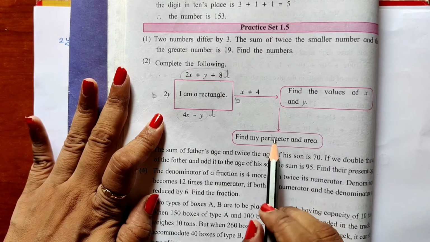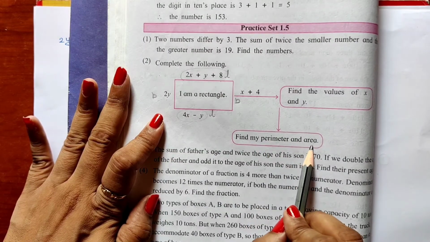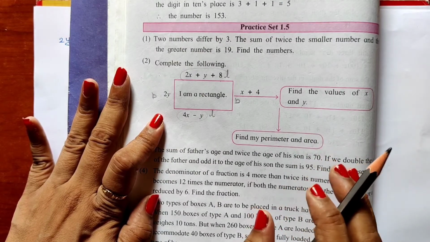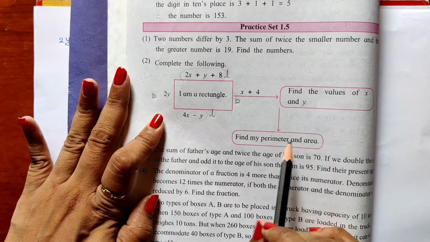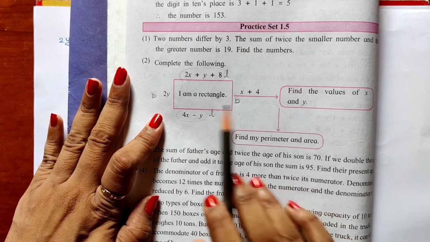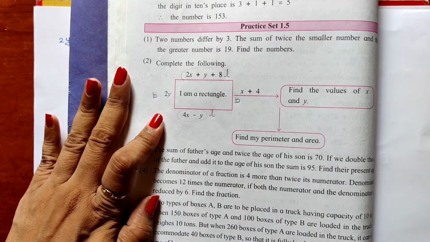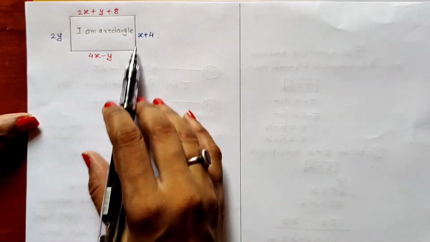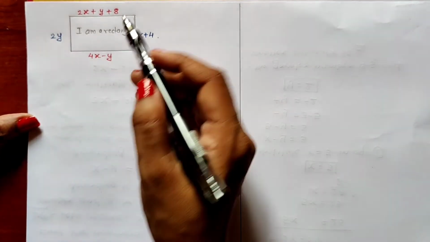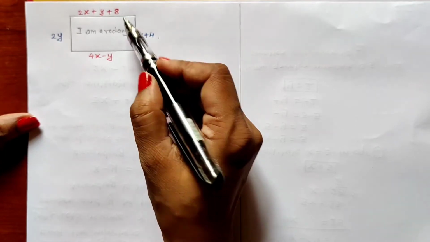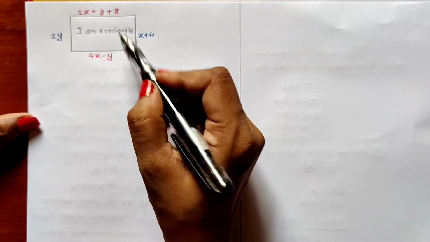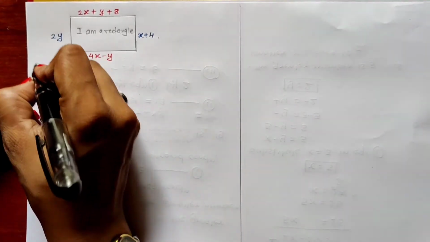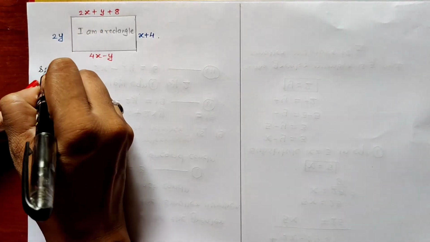The formula for perimeter of a rectangle and the formula for area of a rectangle we have done in our 8th standard, 7th standard. We have been doing it from 7th standard. So let us see how to solve this full sum. As you can all see, I have drawn this rectangle, and as I have told you, in a rectangle opposite sides are congruent. These are length and length, these are breadth and breadth. So we will start our solution.